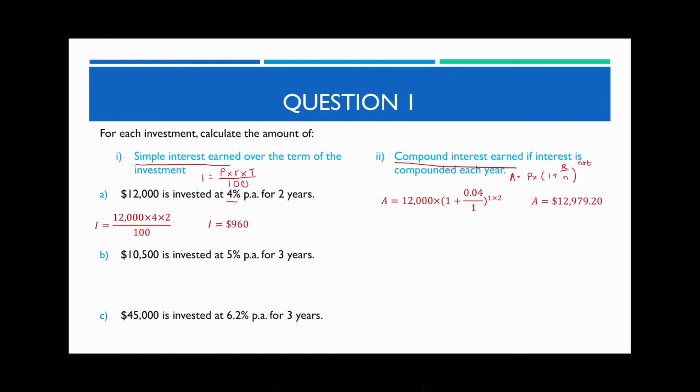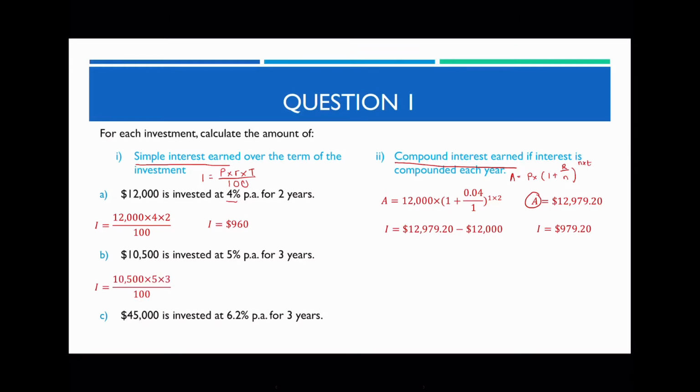$12,979.20. Now, please note that this is not the interest earned. This is your final balance after 2 years. So to calculate compound interest, you take your final amount and subtract the initial amount. So you go $12,979.20, subtract $12,000. Therefore, the amount of interest you've earned through compound interest is